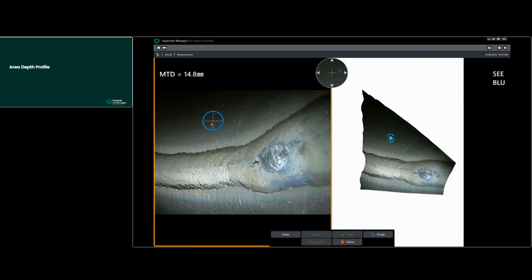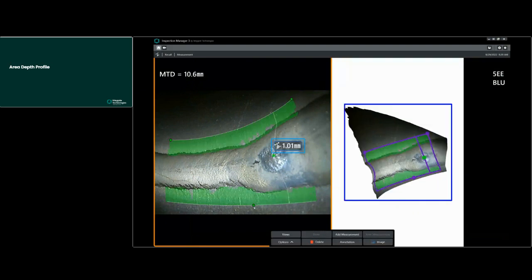With area depth profile, we're going to place 2 cursors on the parent surface above the weld, and the third cursor goes on the opposite side on the parent surface there. The software here has mapped a reference profile line, which you can see is along the curvature of that pipe between those first 2 cursors, and then a parallel reference profile line passing through the third cursor on the